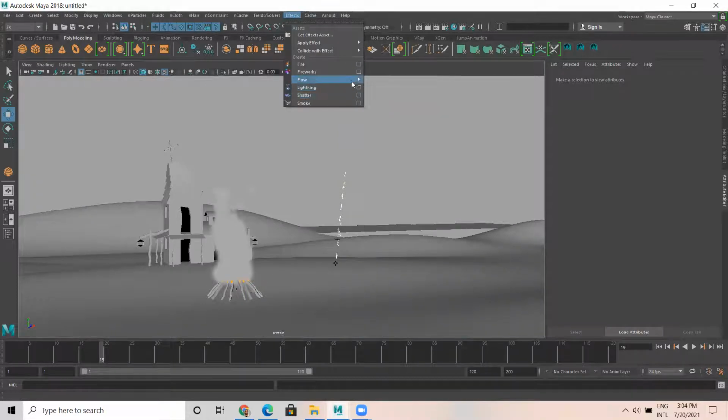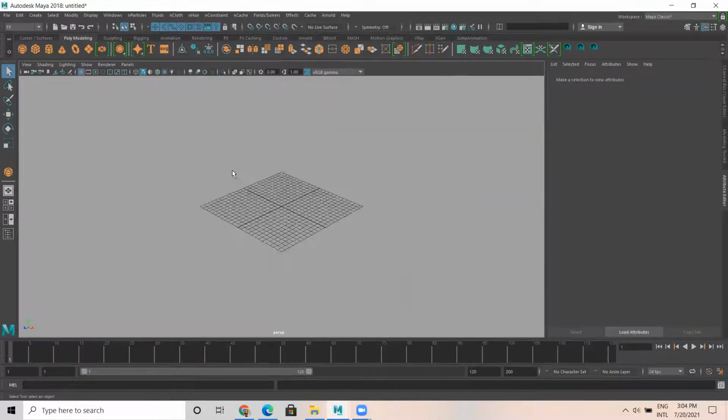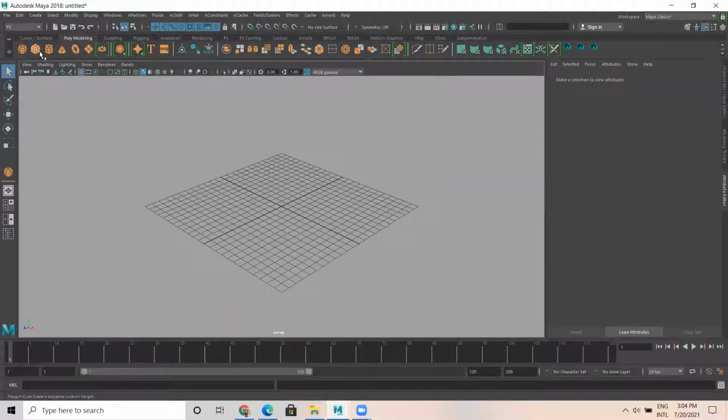So we have this flow, regarding curve flow and all. So we can create either a waterfall effect or this lava flow effect. All these things we can do. I'll show you that, might be in some other session, or else a simple one I'll show you now.